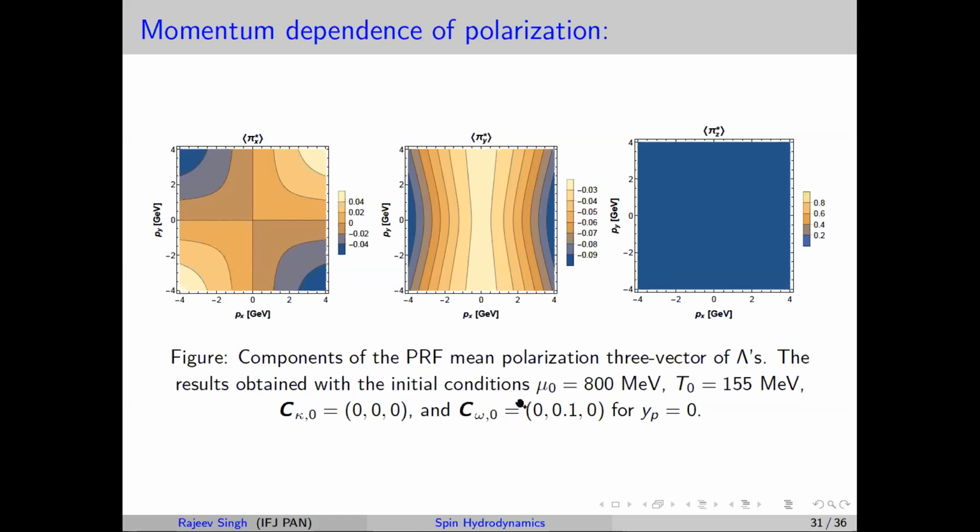So we numerically solve the equation for the spin components and plot the average spin polarization per particle after boosting. As expected, we see that the pi star y component is negative, which reflects the choice of direction of the initial spin angular momentum of the system, and the longitudinal polarization vanishes completely at mid rapidity,